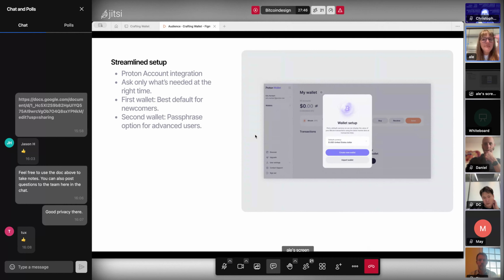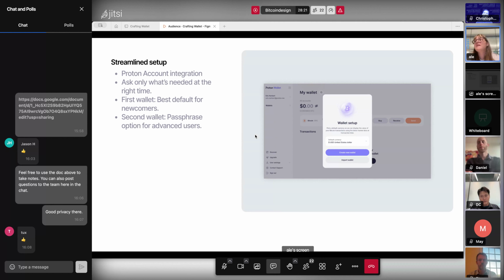We created a very streamlined setup. If you saw in the previous slide, in the challenge slide, we started with many steps, and the more we were thinking about it, the more we said: simplify, reduce, simplify. And at the end, I'm very happy that we actually kept just one screen, and we realized that we have the chance of using this account logic.